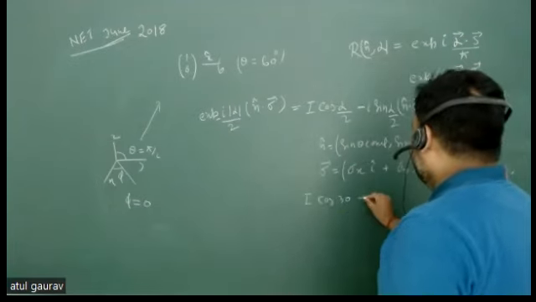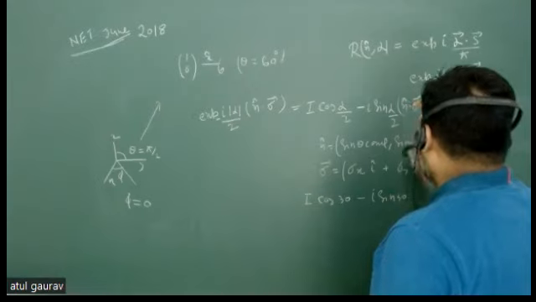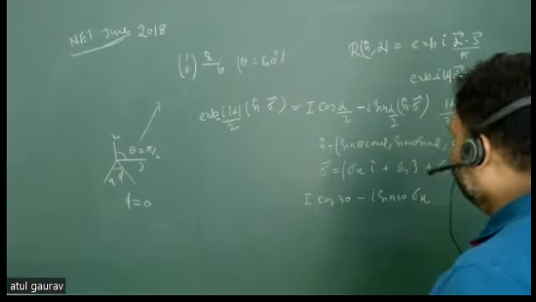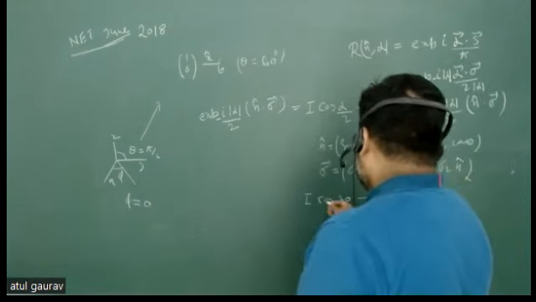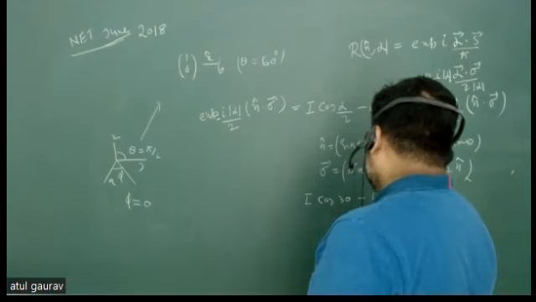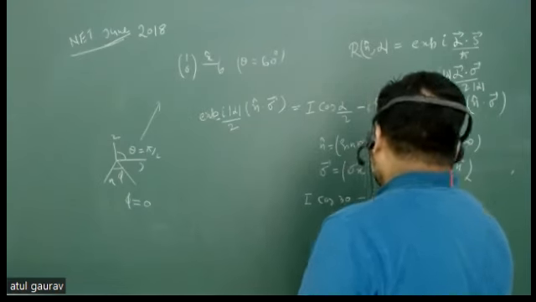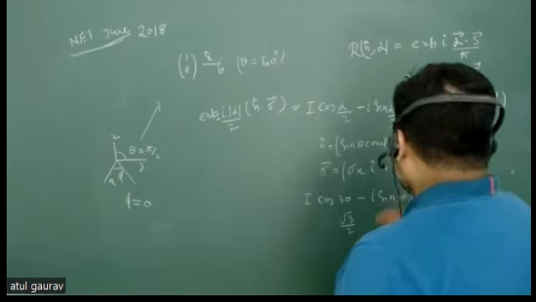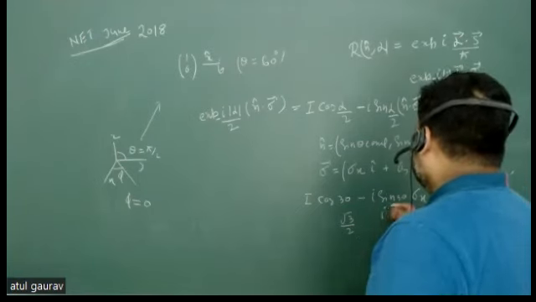Minus I sin 30. And what is this particular thing? It is nothing but sigma x. So this is one matrix, obviously a 2 cross 2 matrix. What is cos 30? Root 3 by 2. Obviously this is root 3 by 2, and here is also root 3 by 2. And sigma x multiplied by I times sin